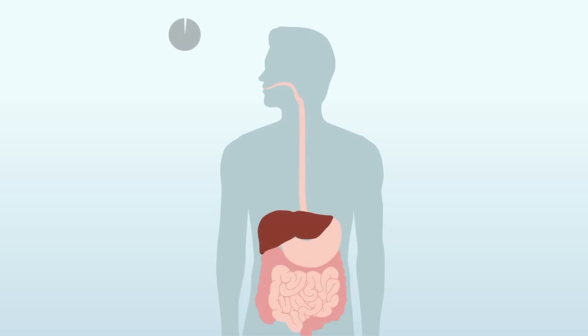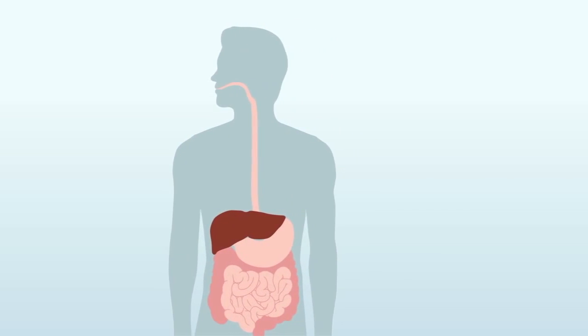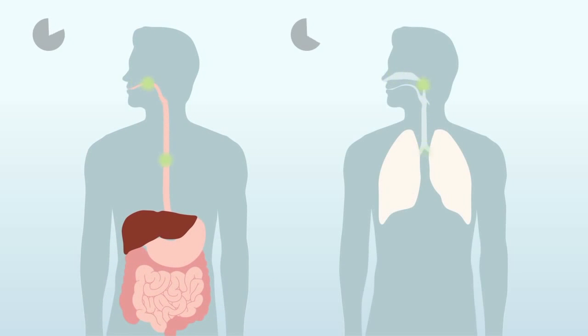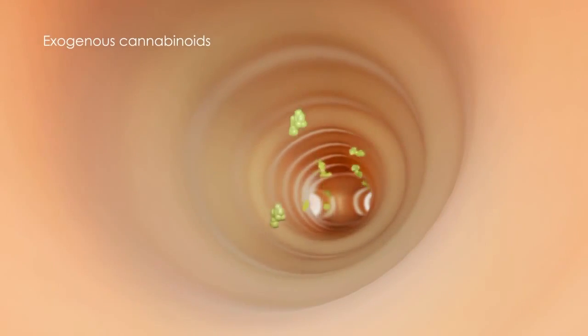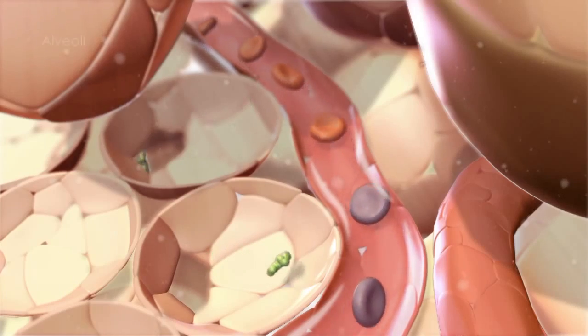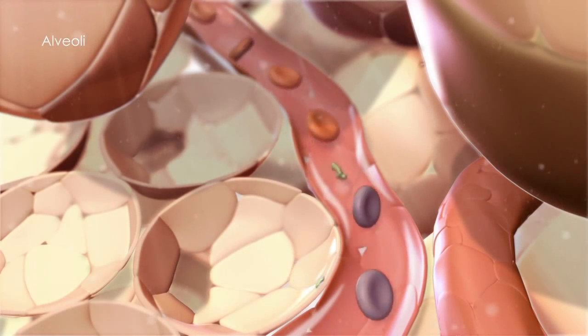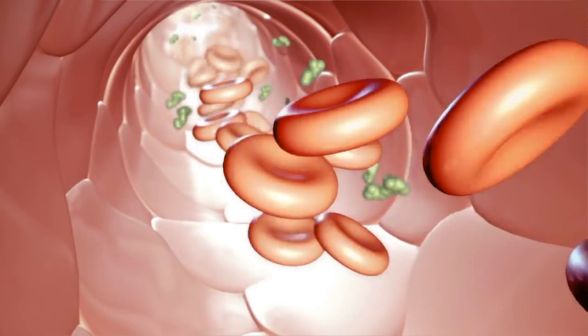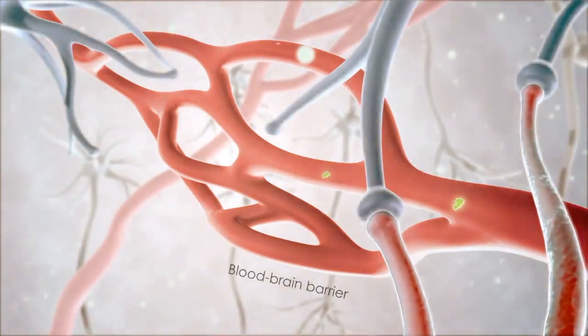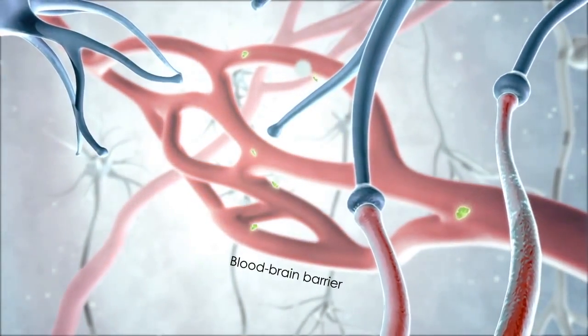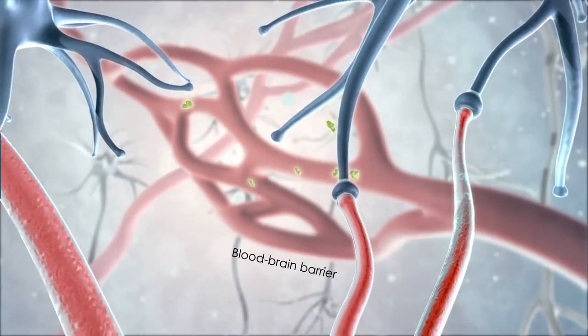When exogenous cannabinoids are administered orally, they travel via the GI tract to the liver, where they are metabolized before entering the bloodstream and then the CNS. The onset of action from oral administration is less rapid compared to the inhaled route. When exogenous cannabinoids are inhaled, they travel through the respiratory tract to the alveoli of the lung, where they diffuse rapidly into the circulatory system. They then travel through the bloodstream towards the CNS, where they diffuse across the blood-brain barrier and into the surrounding tissues of the brain and spinal cord.